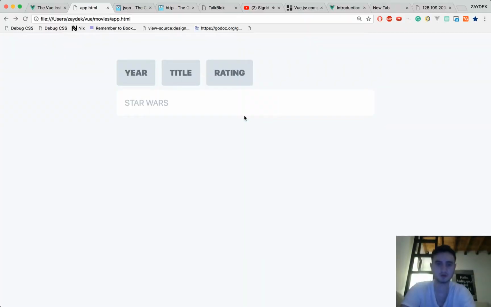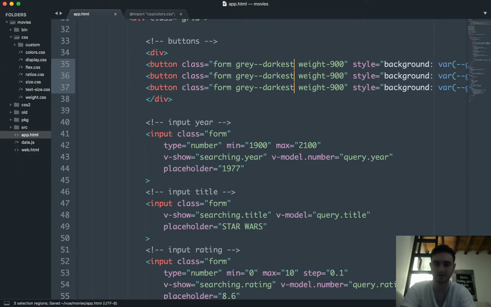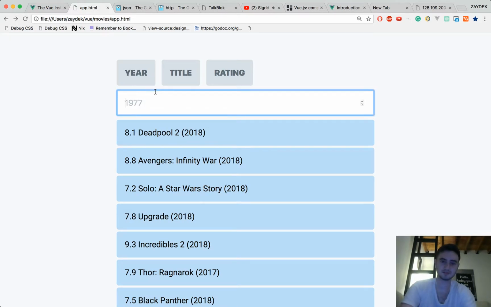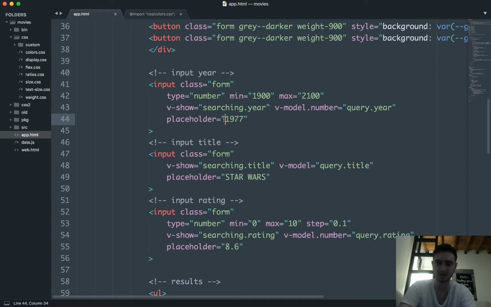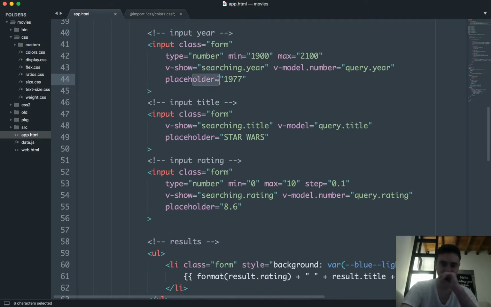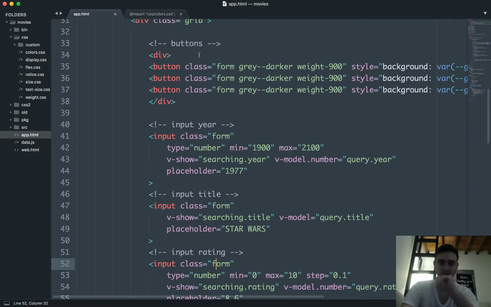Ooh, that's getting good. Let's try darkest. Okay, that's kind of nice. We can do the same thing with the placeholder, except we need to do it a few times, because remember, we have 3 inputs, we don't have 1. So I'm going to copy